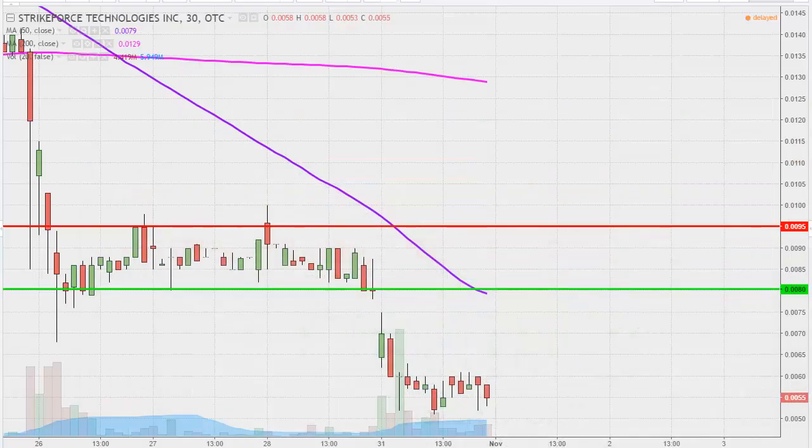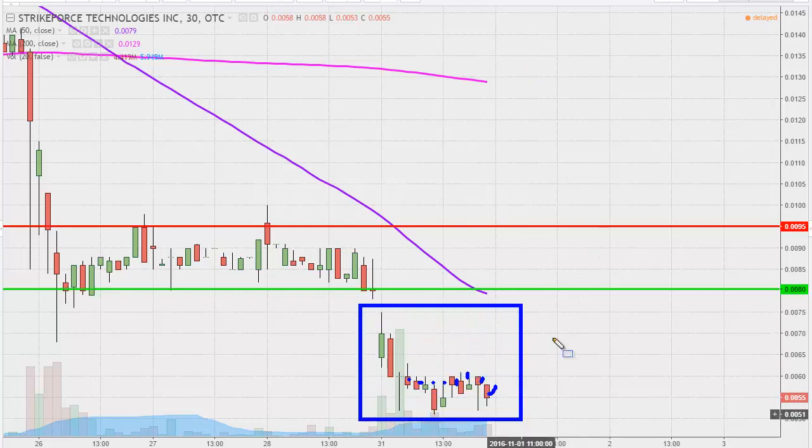Real quick, what do I mean by 30-minute in case maybe you're new to charts? Instead of each one of these candlesticks here representing 1 day's worth of price action, which is what you would normally see, each one represents 30 minutes. While this may look like several days worth of time right here, it's actually just today's price action broken down into 30-minute time slices. I did this analysis on Friday, so that's where those red and green lines are coming